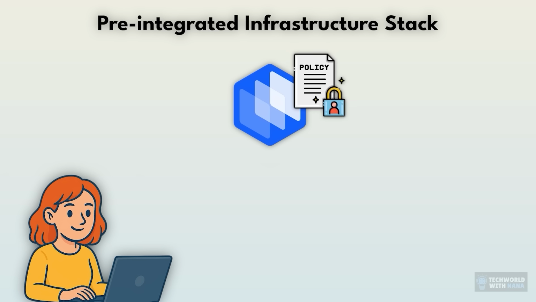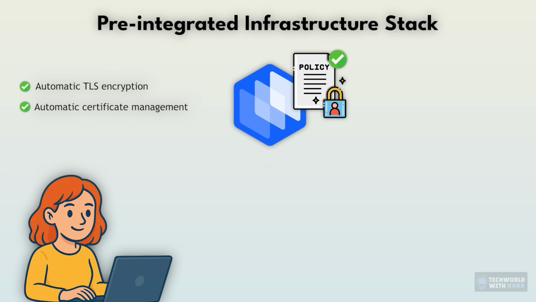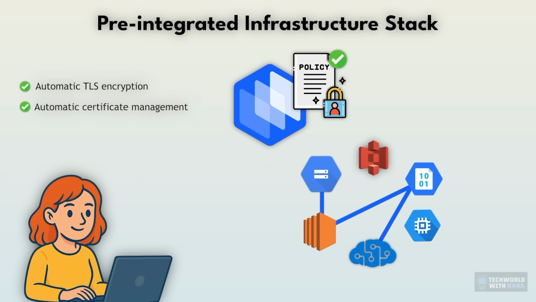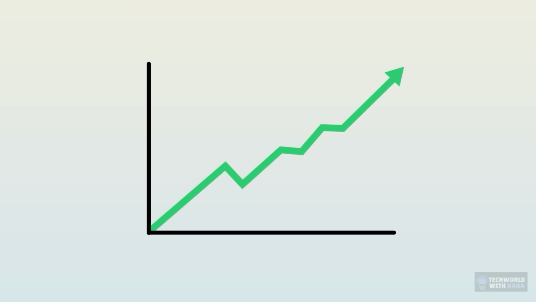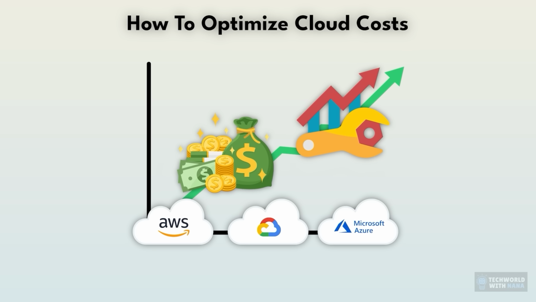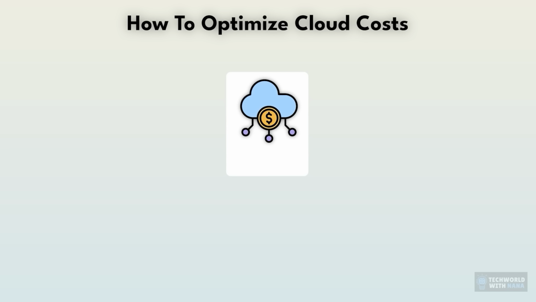The same way, security policies just work. Like TLS encryption between services is automatic, certificate management is automatic. You just define which services can talk to which other services, and Control Plane can enforce this using the built-in service mesh. And finally, another huge benefit when using multi-cloud is the cost optimization, because cloud costs, even on a